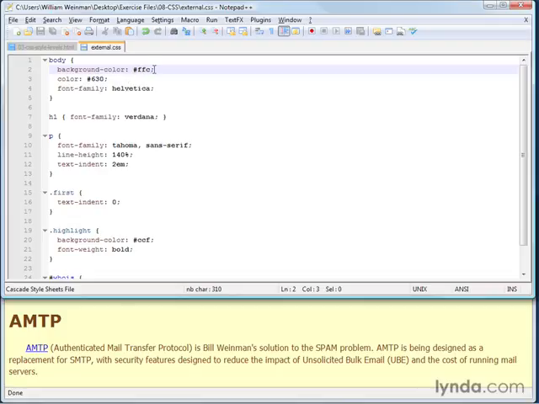And then each property value combination is separated by a semicolon. So you have a semicolon there, and a semicolon there, and a semicolon there. Now technically the semicolon is not required on the last property value combination, but I usually include it when I'm writing style sheets like this. The reason is that it's just hard to keep track of which is the last thing.